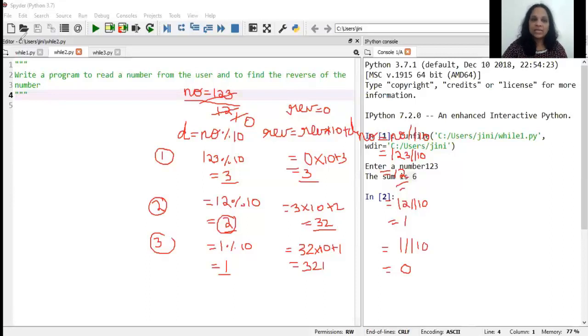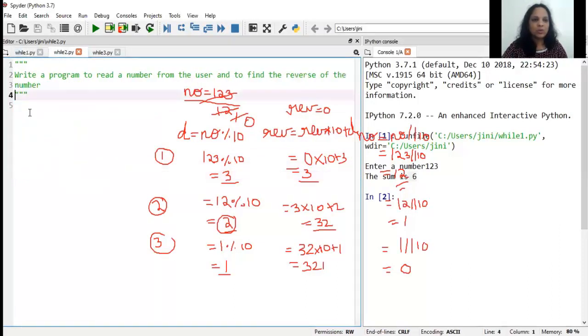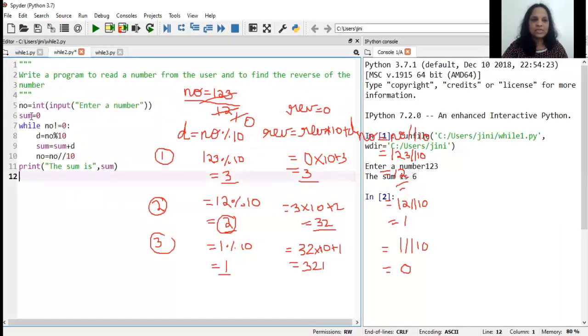Is that clear? Okay. So now what about the program? I'm just going to copy this as it is, okay, because I know the program is similar. Everything is same. I don't have sum. I have a variable called reverse. I don't have the sum formula. Now what do I have? The reverse formula. What was the reverse formula? Reverse is equal to reverse into 10 plus D. And finally, am I displaying the sum? No, I'm displaying the reverse, and where have I stored the reverse? I've stored the reverse in a variable called REV.